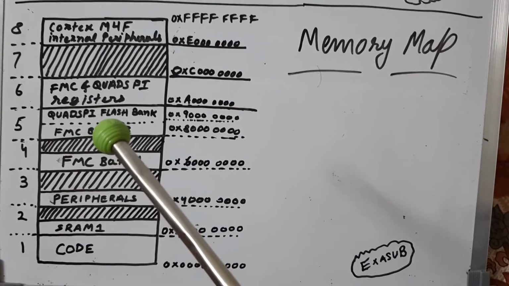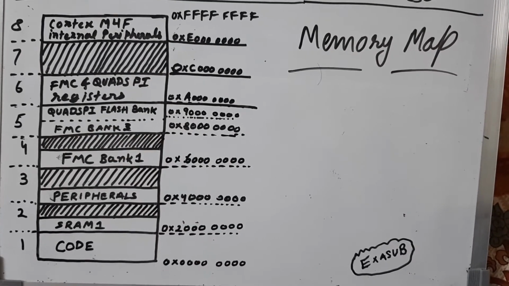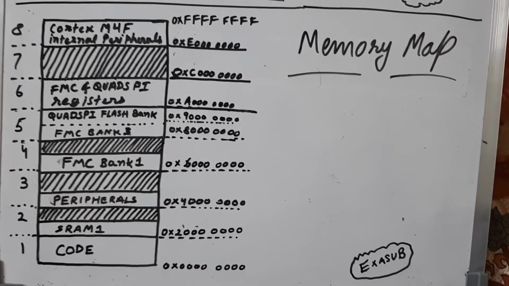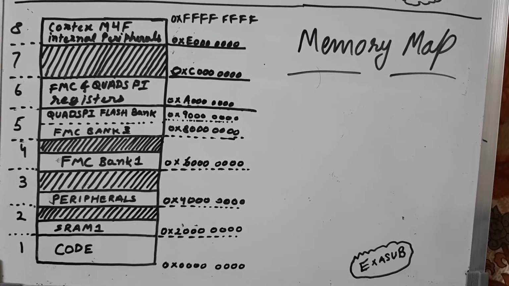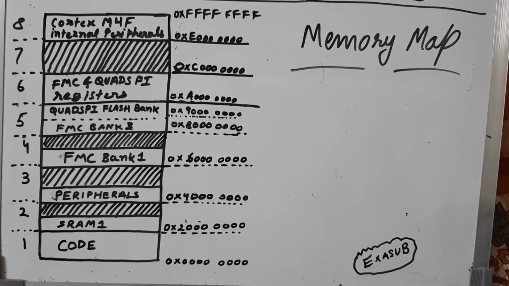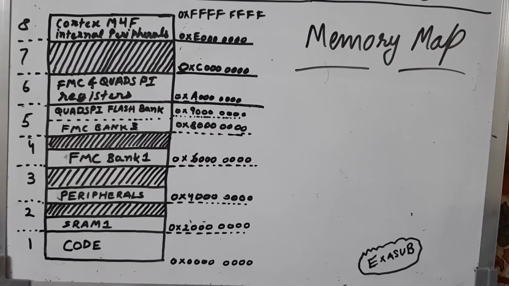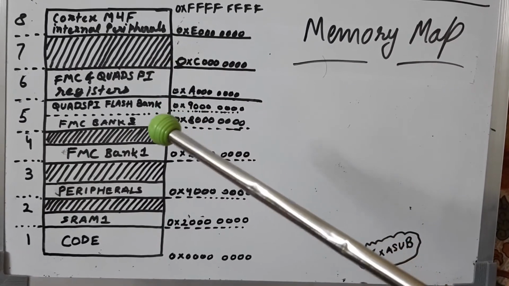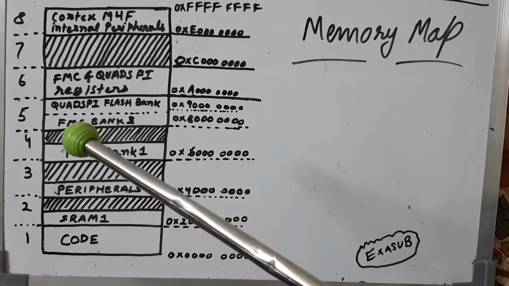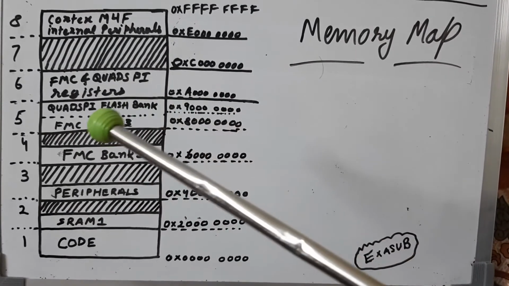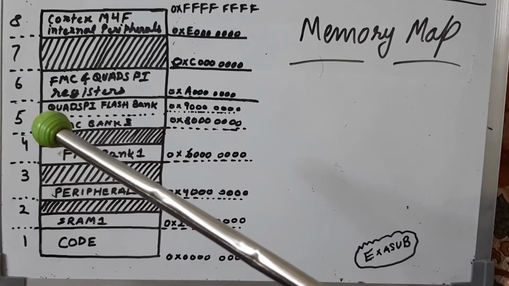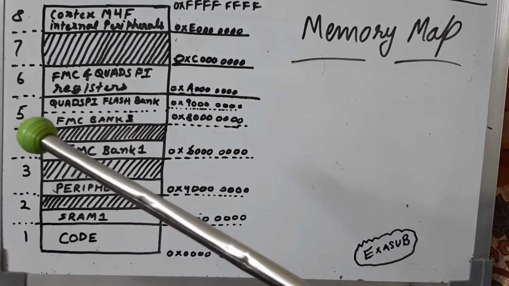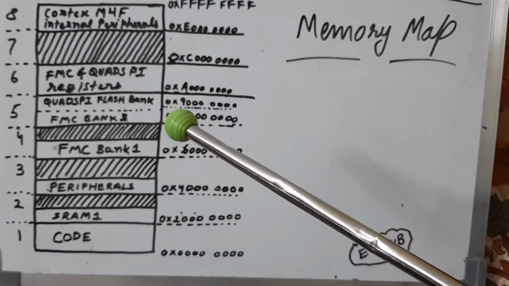The board which I have is the STM32L476 Disco, which has Quad SPI. So the Quad SPI can be mapped towards this particular section,